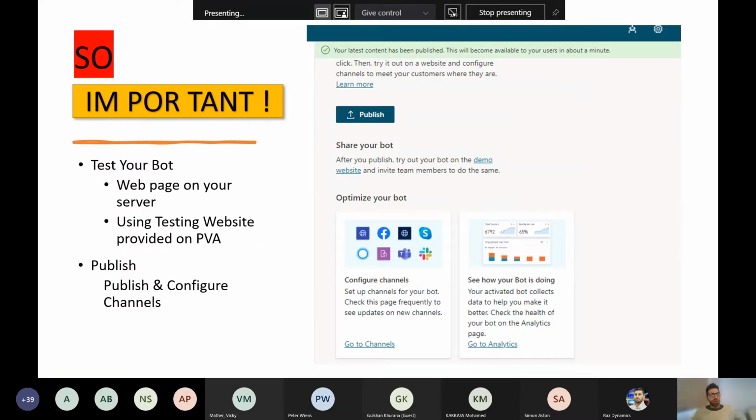And be attentive, because this is so important. Testing the bot is a must. I really recommend testing your bot wherever, in your web page or the test web the platform provides you, and publishing the bot will always get you the latest version. You will get the updated version only if you publish it. Finally, as we can see, this step should be simple, but feel free to ask any questions